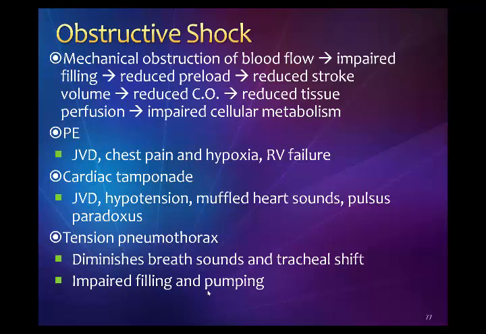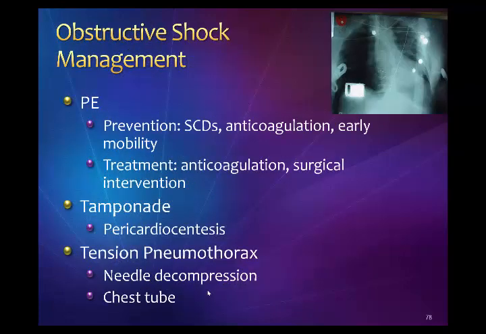So obstructive shock is pretty easy, because something is causing the heart not to be able to contract: either a PE, cardiac tamponade, or a tension pneumothorax. With that, we're going to want to go ahead and relieve whatever the cause is. So if it's a PE, treat it with anticoagulants, maybe embolectomy,